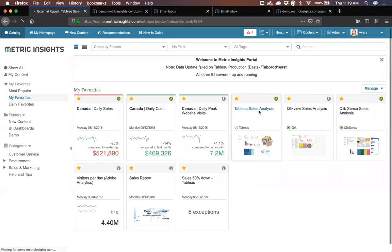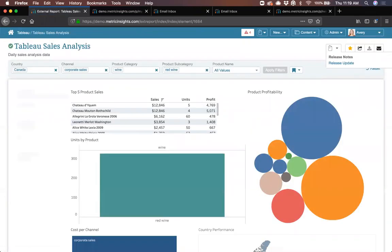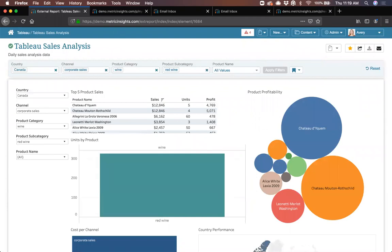When I access this same tile as an end user, oftentimes, as Ben mentioned, there's lots of different filter values that are available typically in dashboards that we've created, but different users are interested in different combinations of those filters. And we're able to set those filters automatically for users based on mappings of permissions and security, so that each time a user opens a tile, it's going to pre-filter that dashboard or that tile to the slice of data